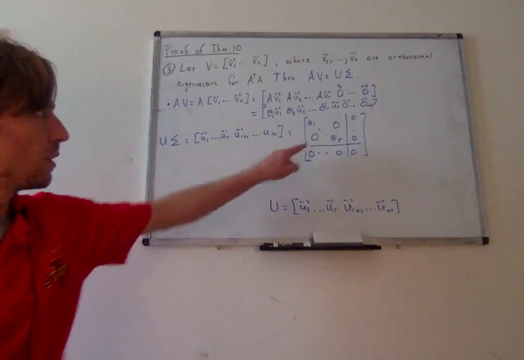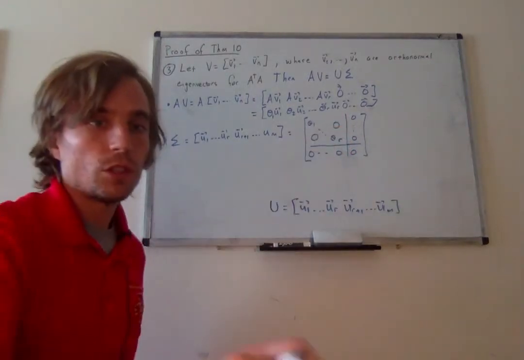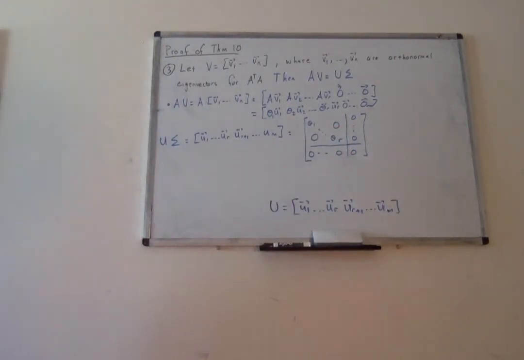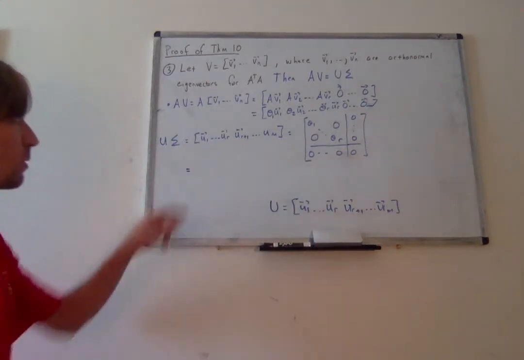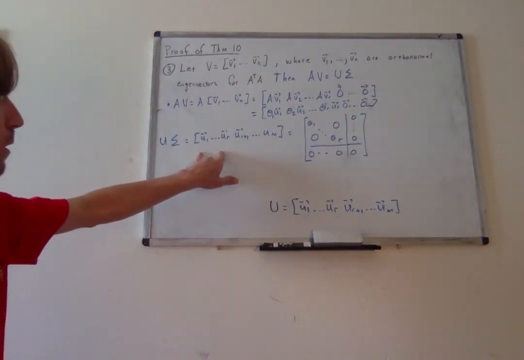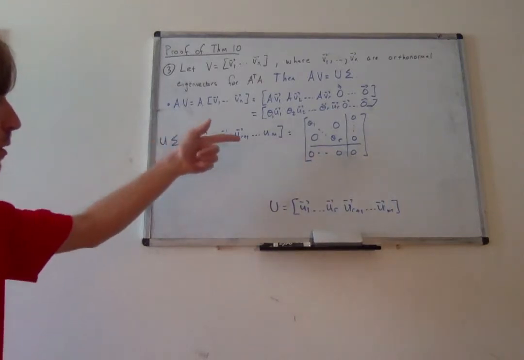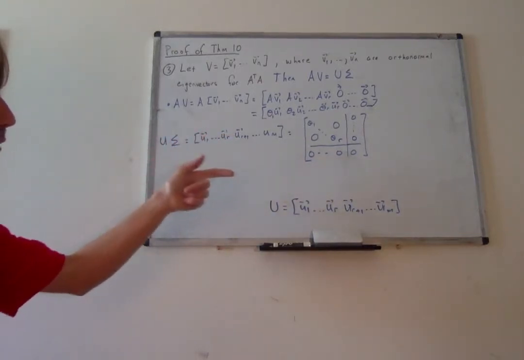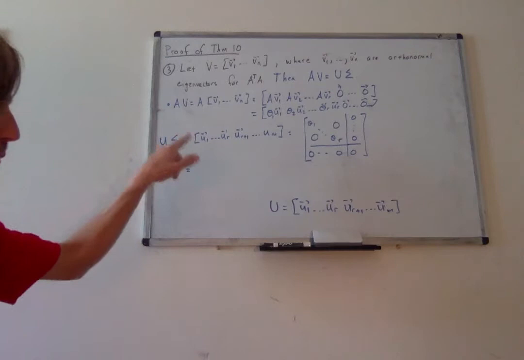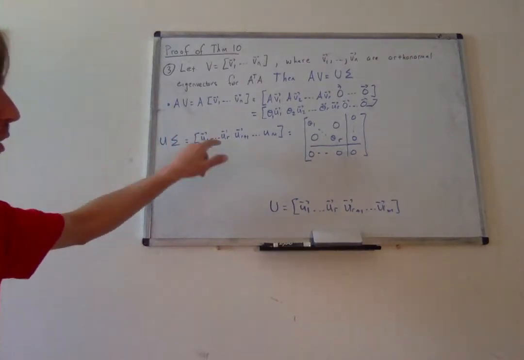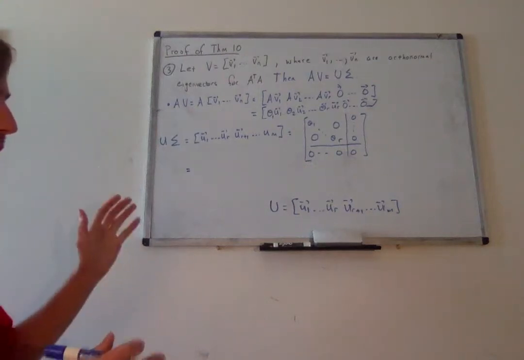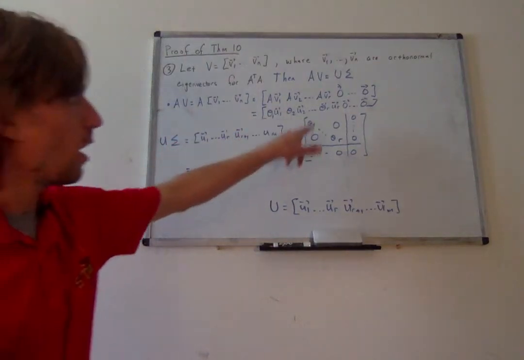So again, remember, this is the matrix D, and then we filled in the rest of sigma with zeros. So what is going to happen when we do this matrix multiplication? Notice that for the first r columns of this matrix,